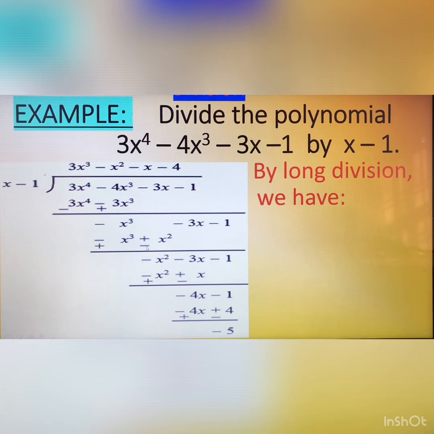Now you will consider only this term, minus x square. So you will write minus x square here, and again this term same to same, that is minus 3x and minus 1. Now here you observe the coefficient of x square is minus 1. So once again you will put minus. After that, the degree of x square is 2, so less 1 from the degree 2, that is 1, and it is not required to write 1. You will write only x.